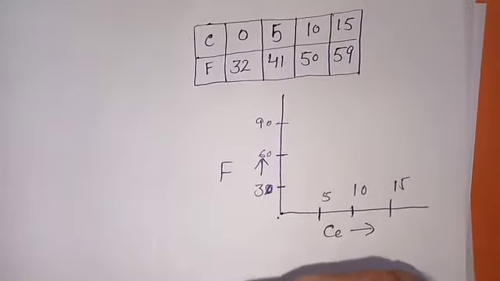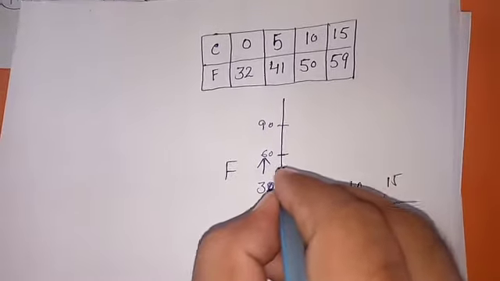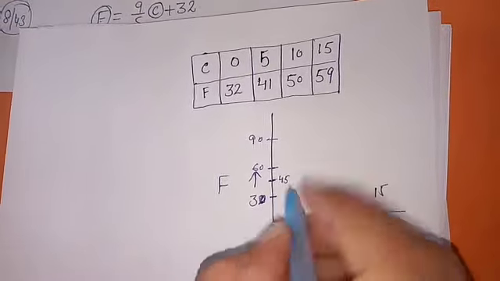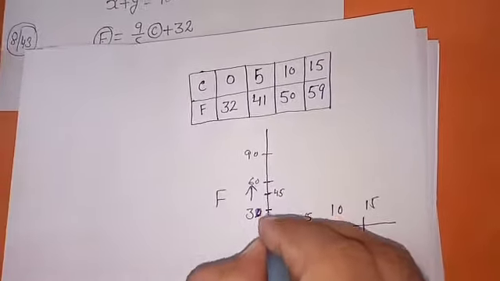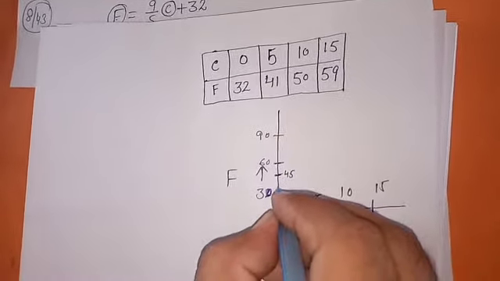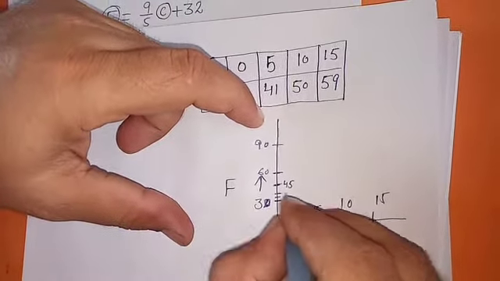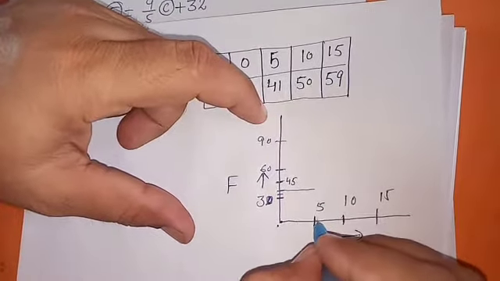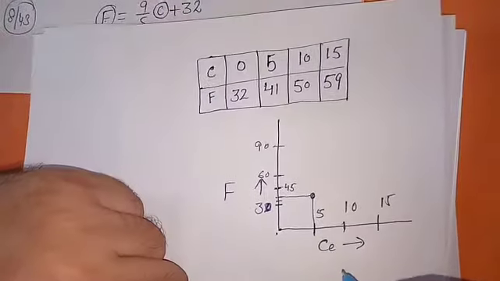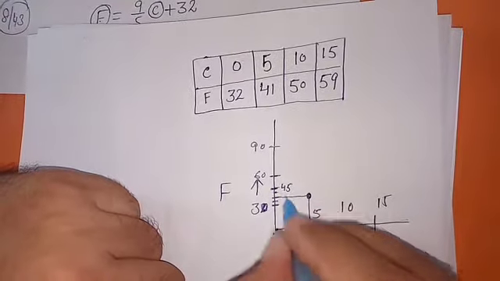Understood? In between this, how much is this? This is 45. Yes or no? This is between this 45. This is divided into 15 equal parts. You need 32, so divide into 15 parts. This is 31. This is 32. So coming like this. Understood? In this way 41 is near about this.